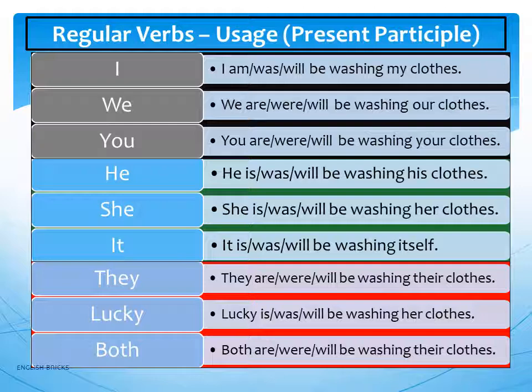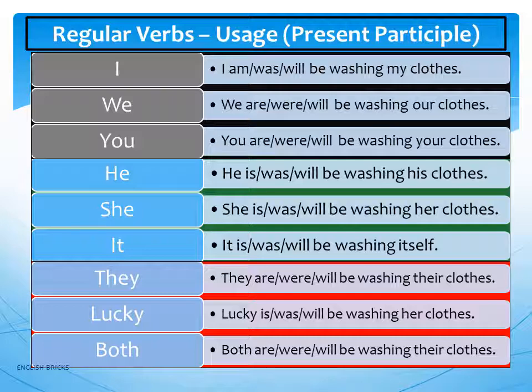Here in front of you are the sentences where the regular verb is used in the present participle form. The present participle form is nothing but the verb that ends with ing. Washing: I am washing, present continuous tense; I will be washing, future continuous tense; I was washing, past continuous tense; we are washing, that's in present continuous tense. So there you see, this is how